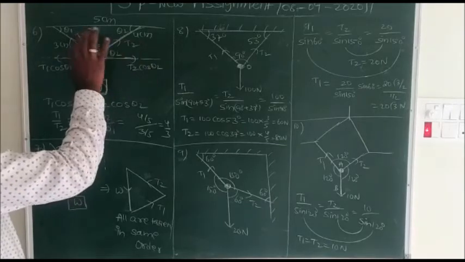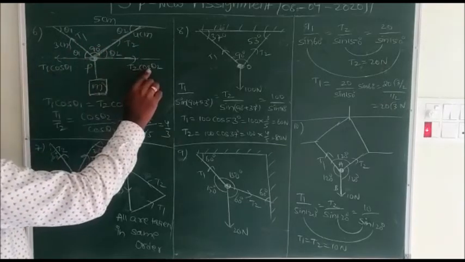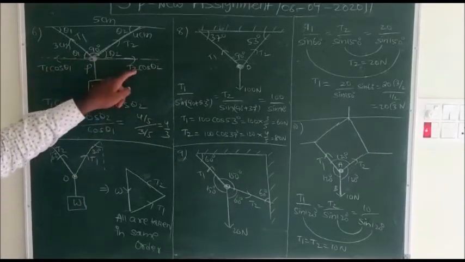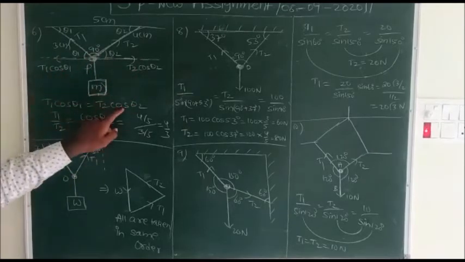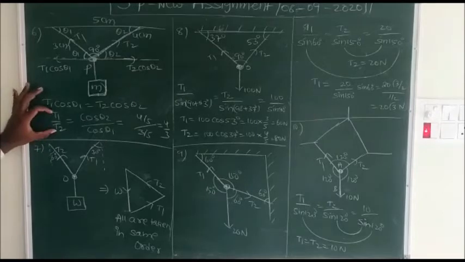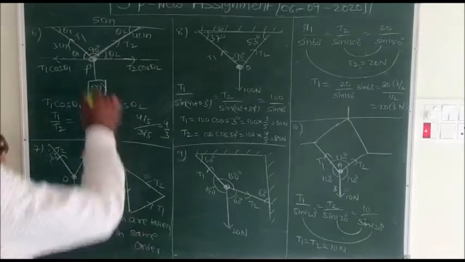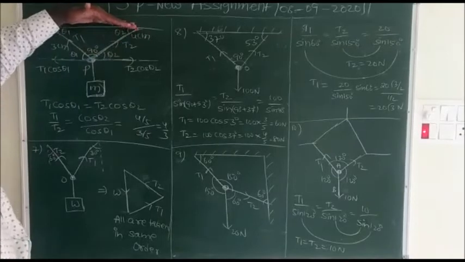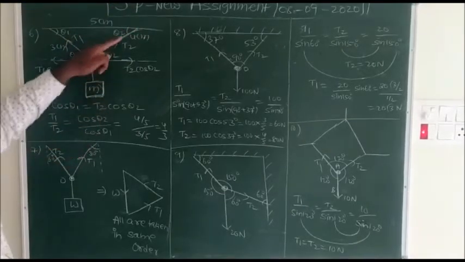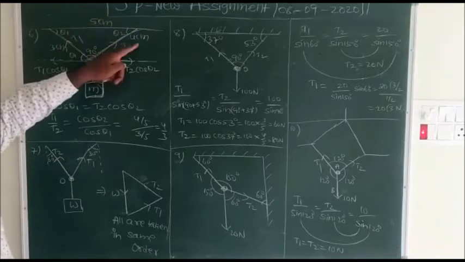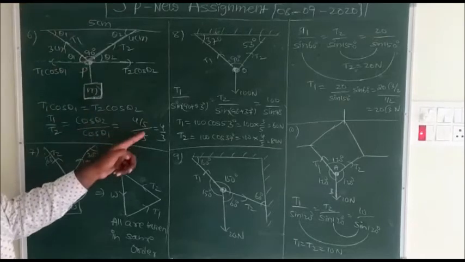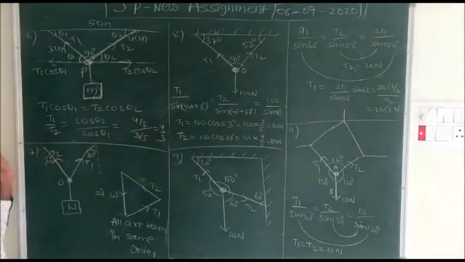With the help of these two angles, I am splitting these tensions into components. So the horizontal components of these tensions become T1 cos theta 1 and T2 cos theta 2. If this point is in equilibrium, that means these are balanced with respect to each other. So T1 cos theta 1 is equal to T2 cos theta 2. From this, the ratio of tensions in these two strings, T1 by T2, is cos theta 2 by cos theta 1. In this right angle triangle, clearly 3 cm, 4 cm, hypotenuse 5. Cos theta 2 is adjacent side by hypotenuse, 4 by 5. Cos theta 1 is adjacent side by hypotenuse, 3 by 5. 5 cancels, so 4:3 is the tensions ratio.